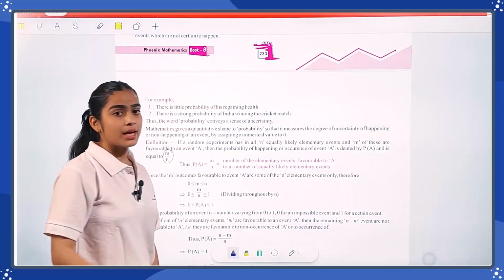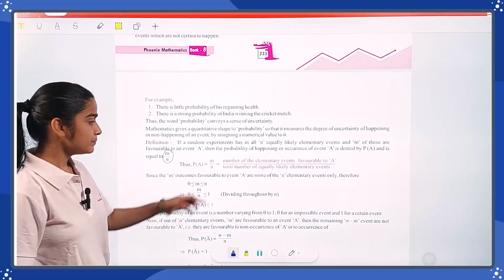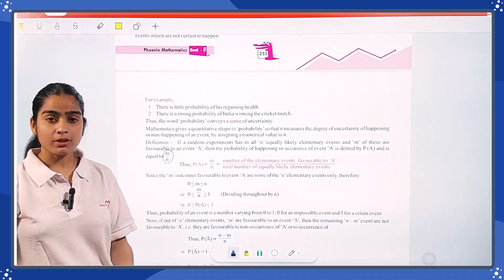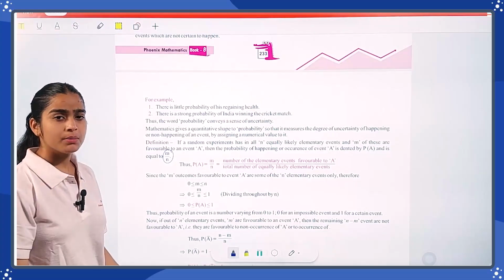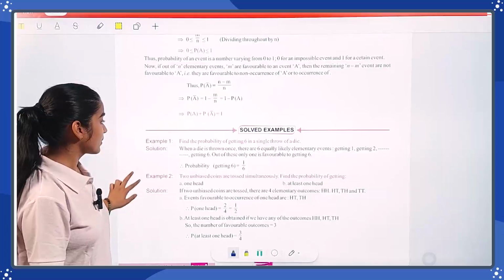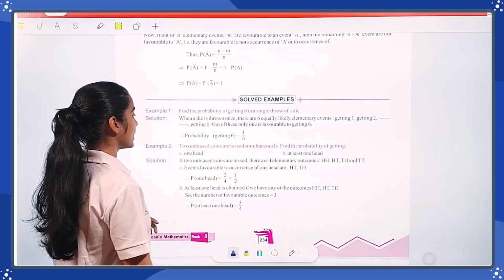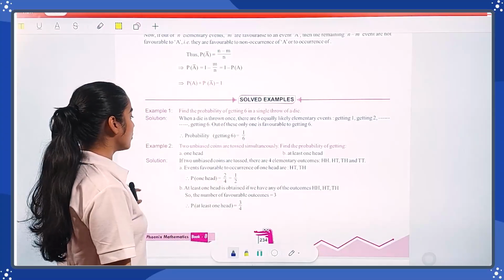For example, when I toss a coin, it means the probability of getting a head or tail. I refer to the upper part as m and n. What are the total possibilities I have? I have two possibilities. It will be a head or it will be a tail. So this is your probability. Find the probability of getting a 6 in a single throw of a dice. So 1 by 6 is the probability of getting a 6.